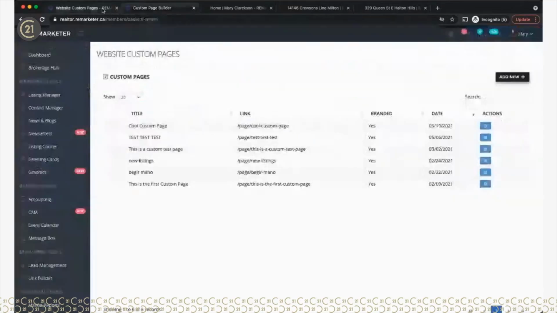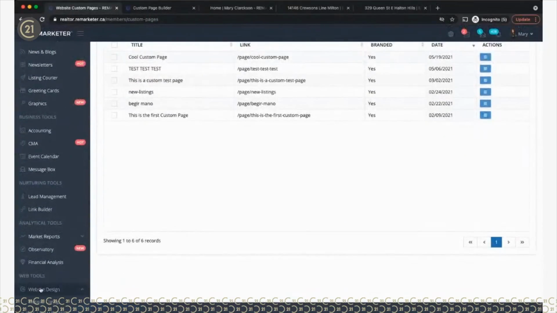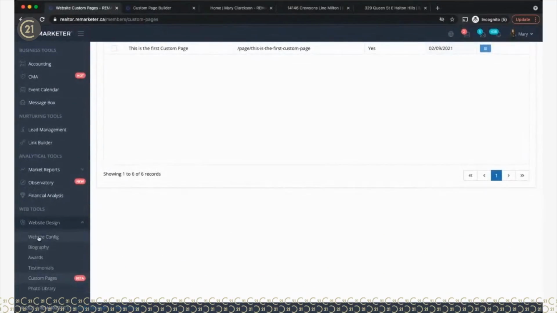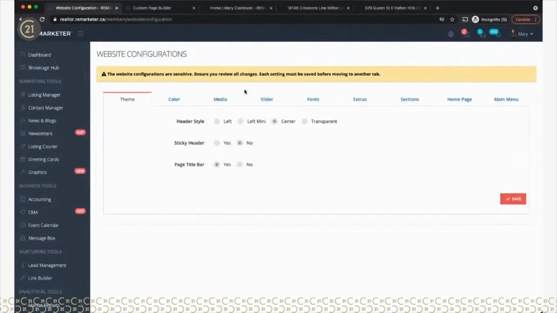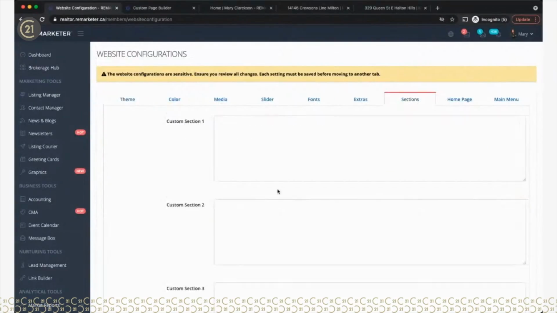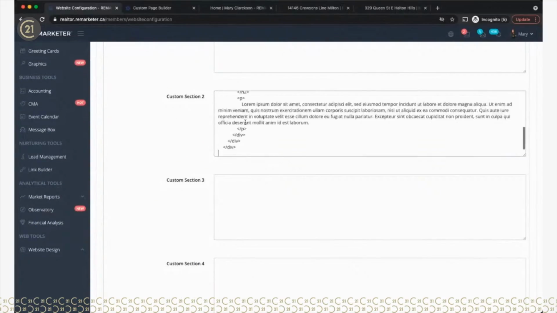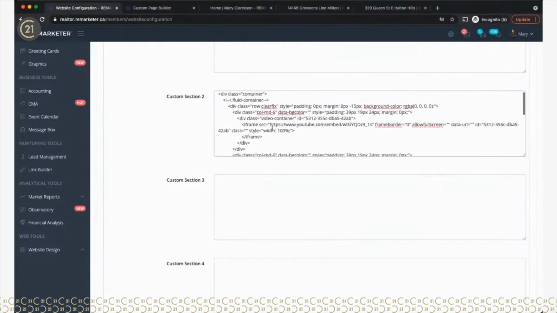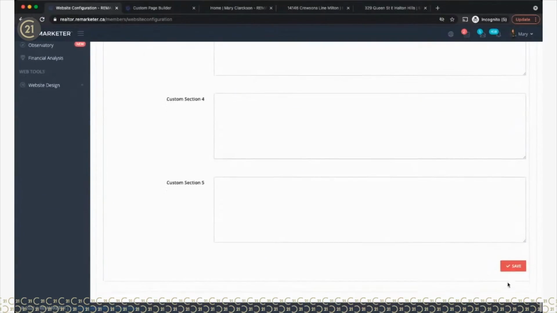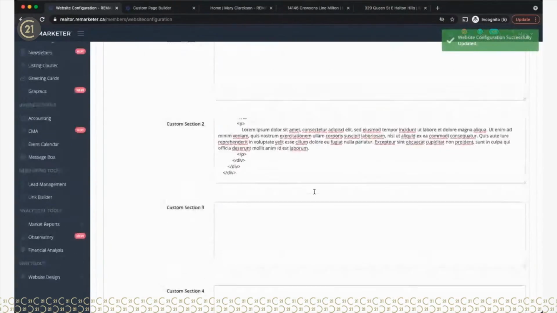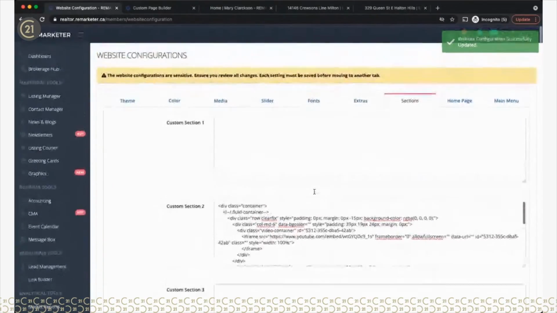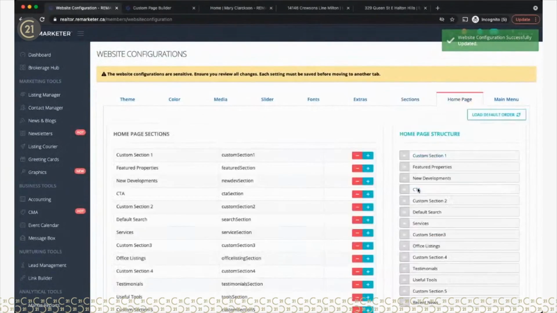And I'm going to go to my web design, website config, and I'm going to go to the sections. And let's say I want to change section 2. I'll just paste the code right there. And I'll save it. So section 2, if I go to the home page, section 2 is right here after the call to action